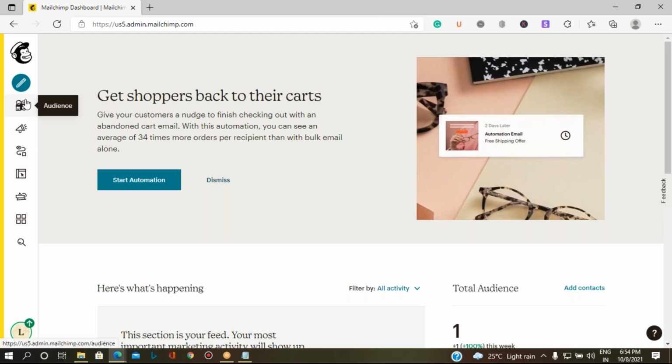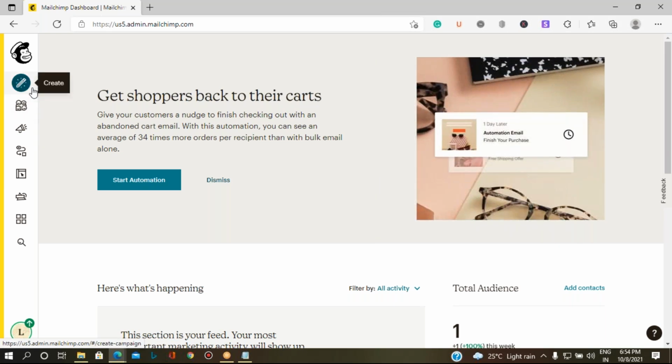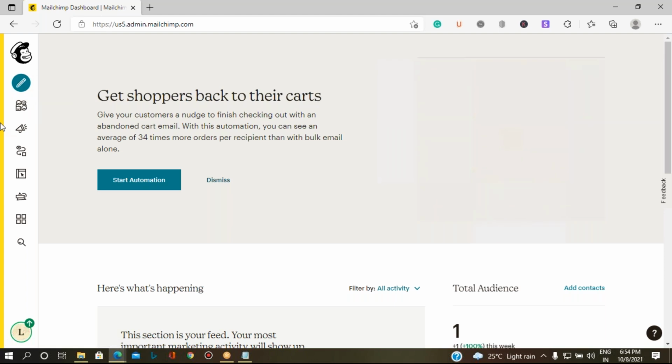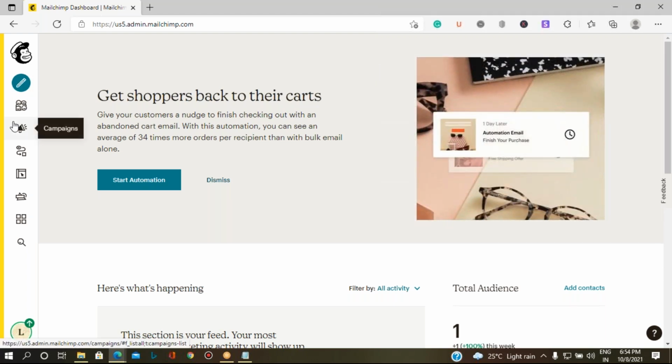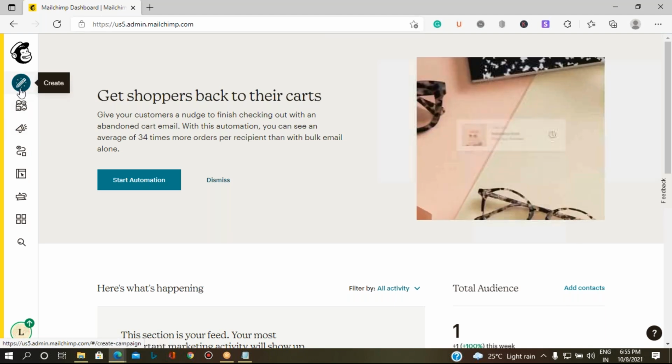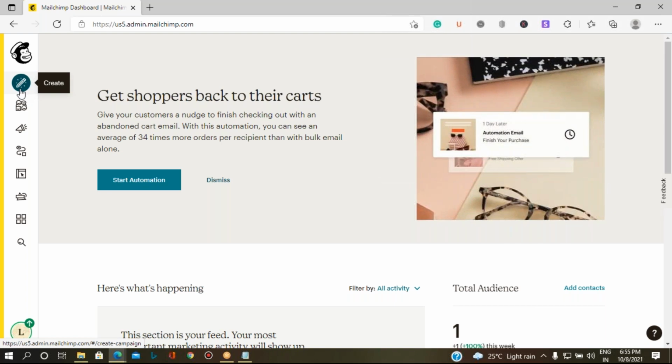Now, what is the first thing you have to do with this? Before making any changes, make sure that you see all the options. You don't click on it, you just move your cursor on each of these options. When you move the cursor, it tells you about that feature.